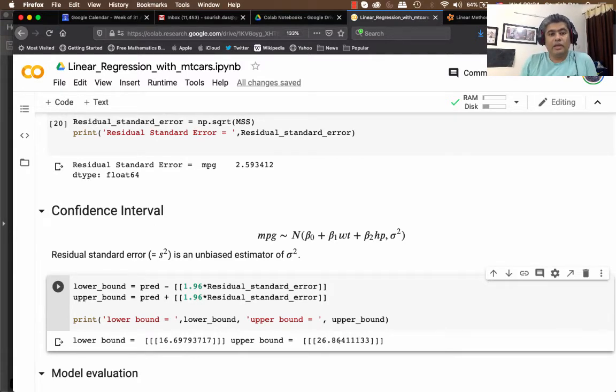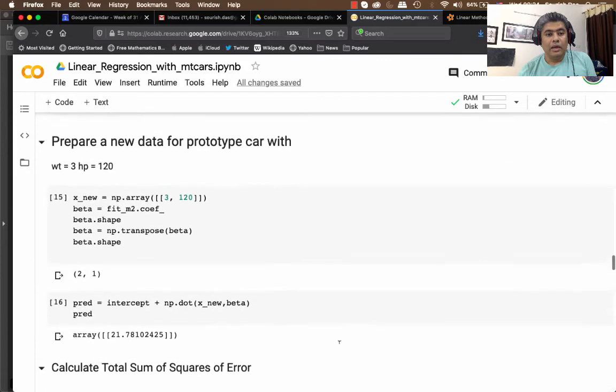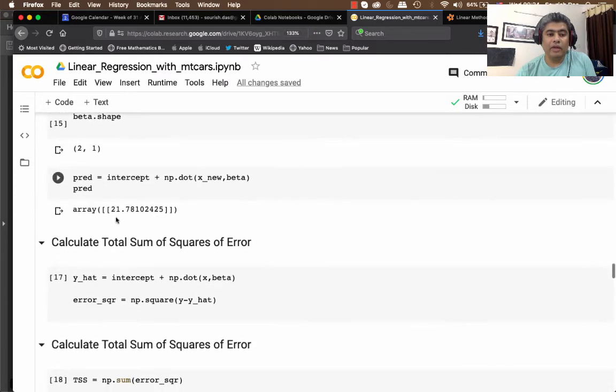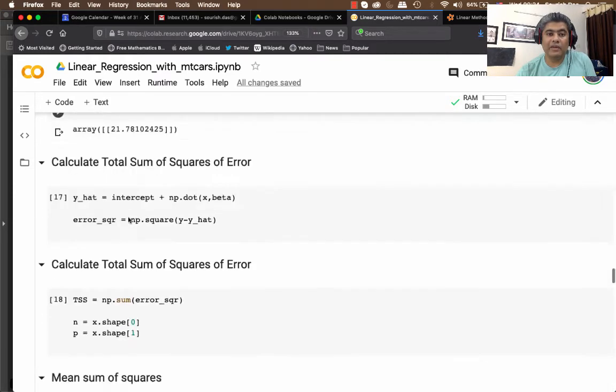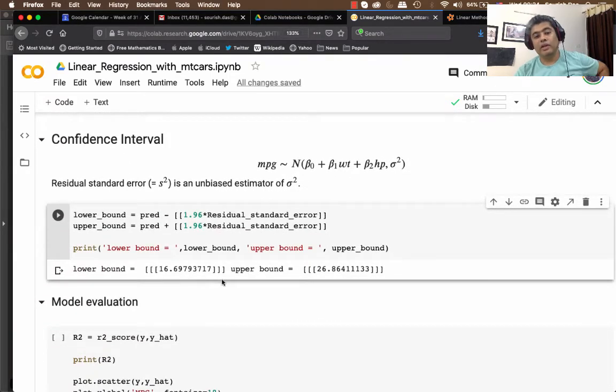So we can say that for a prototype car with weight around 3 and horsepower around 120, the predicted value will be 21.78 with a 95% interval somewhere between 16.7 and 26.9. So the interval looks a little wide,